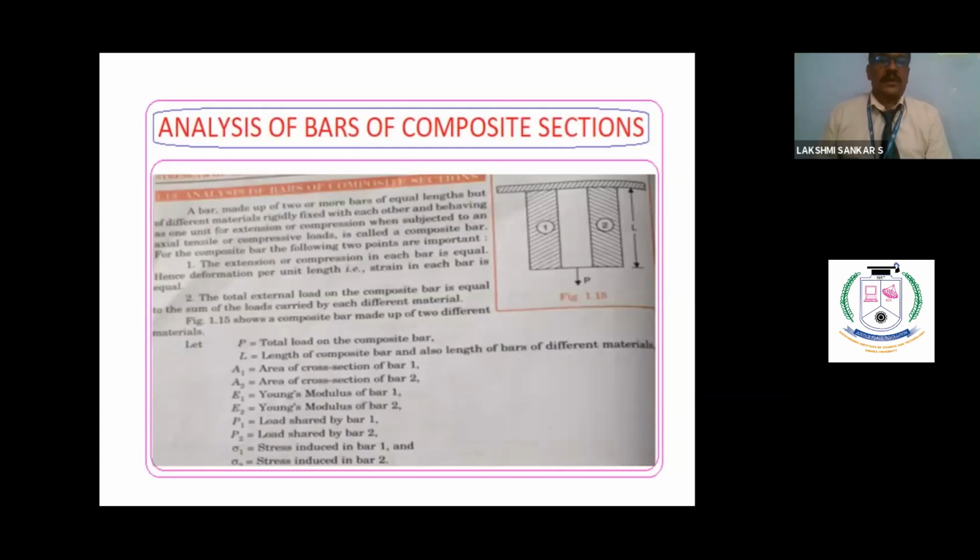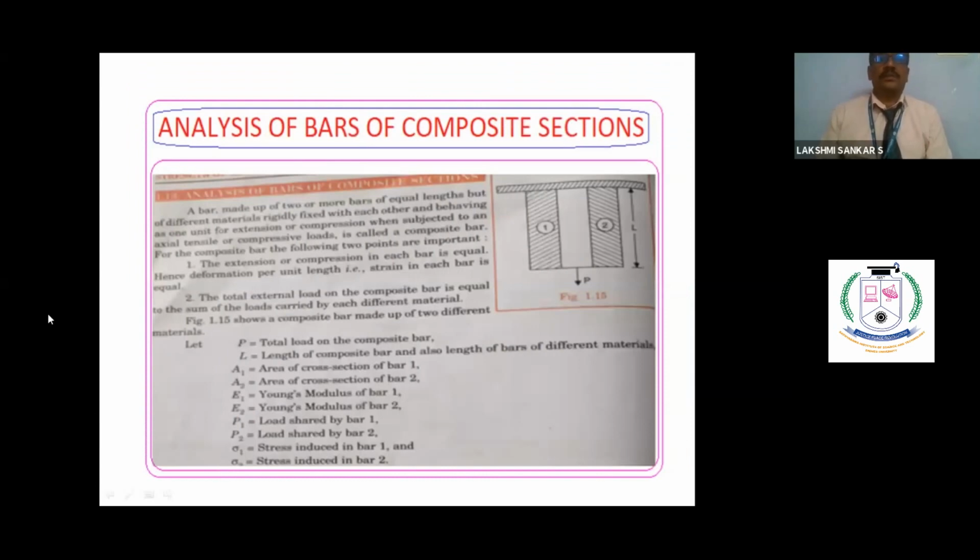Okay. Then this particular one, you see modular ratio. There are two materials involved, meaning E1 by E2 is called the modular ratio. So it will not have any unit, because both of them will get cancelled. So we are coming to bars subjected to composite section. Previously, we analyzed the bars in series. Now it is like parallel. So this is member 1, hatching pattern is different. Here member 2, hatching pattern is different. You have to be careful.